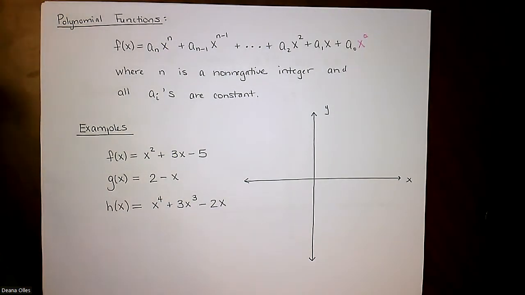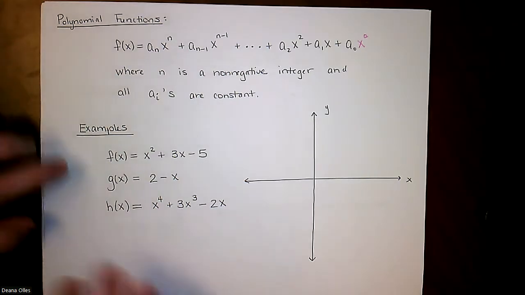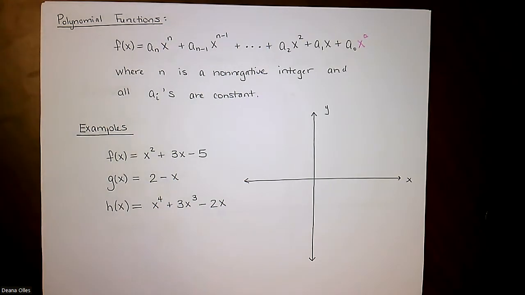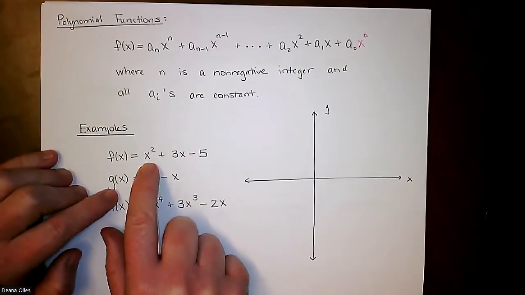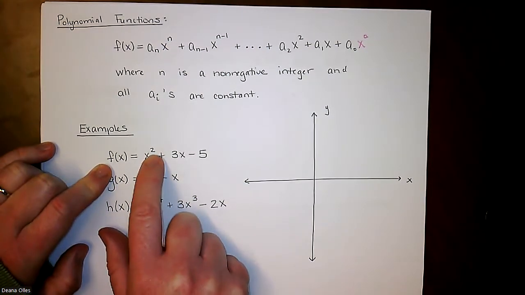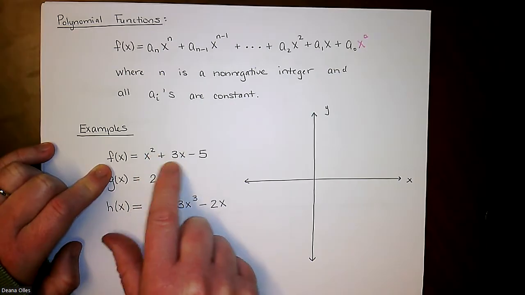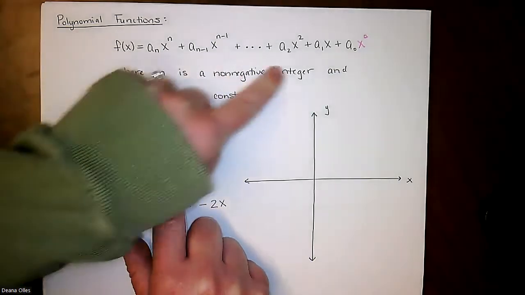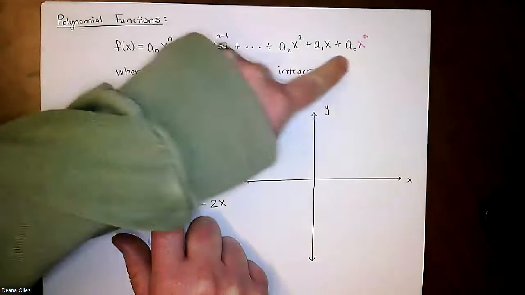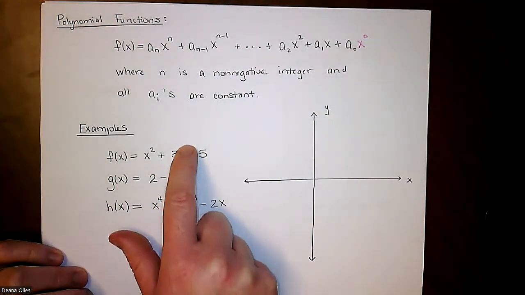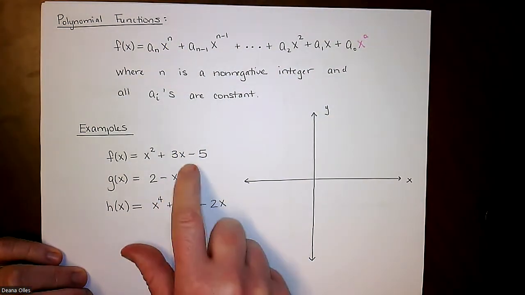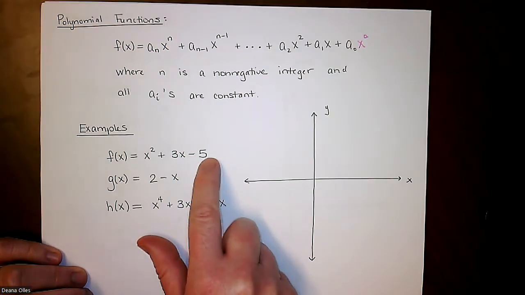But polynomial functions are those that you deal with first after linear functions in algebra class, so this isn't anything new for you. All right, so here are 3 examples of some polynomial functions, real basic. All right, you've got f of x is x squared, that's an integer, 2. Plus 3, that's a coefficient, that's one of your a sub i's rather. X to the first, that's an integer, and then minus 5, and technically you have the x to the 0th